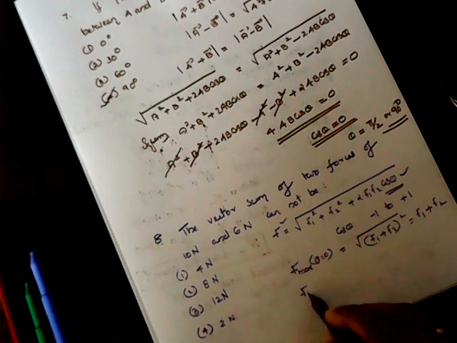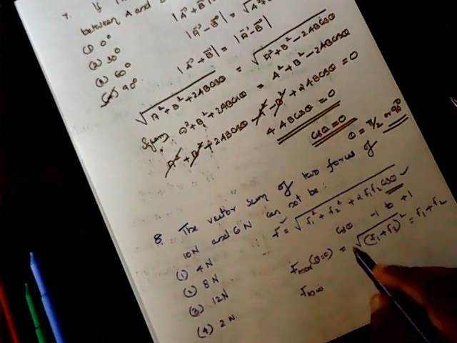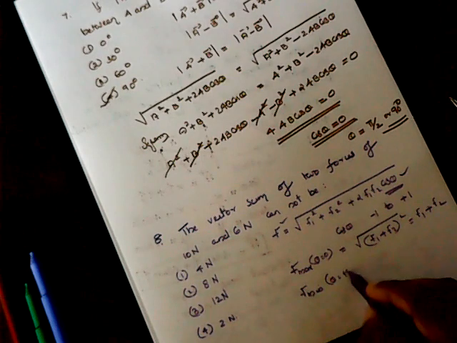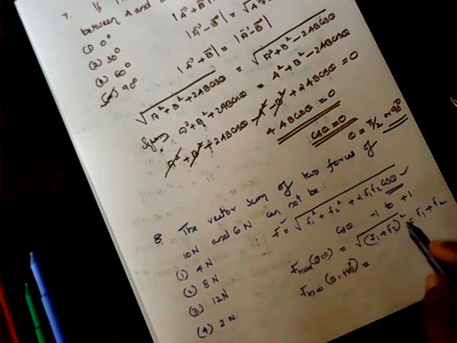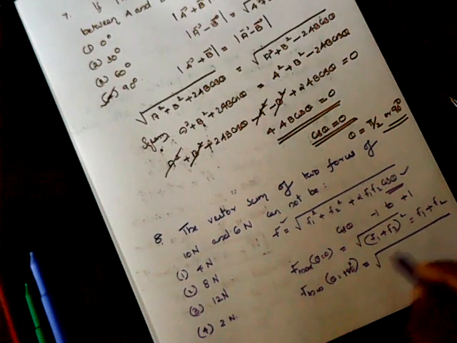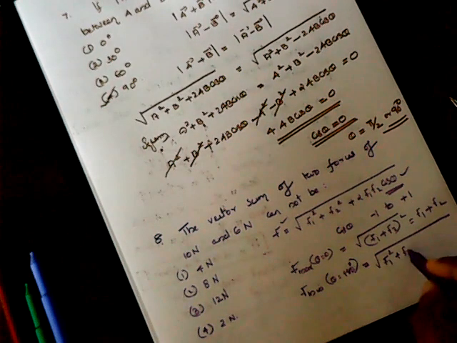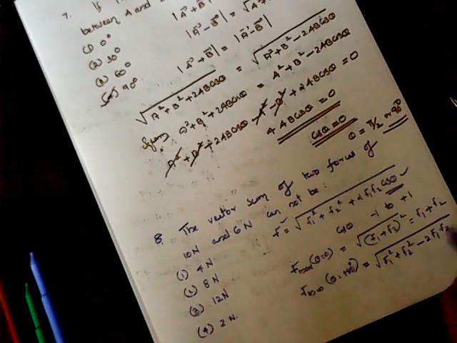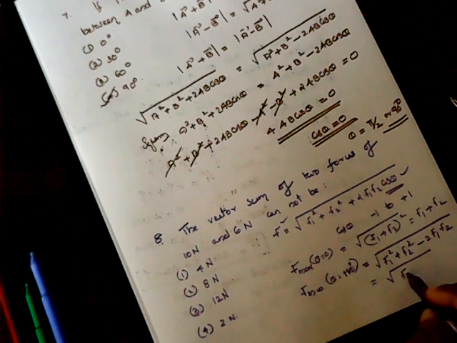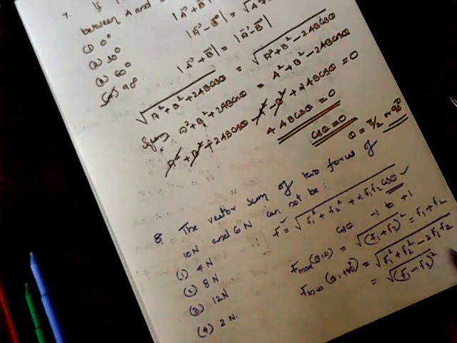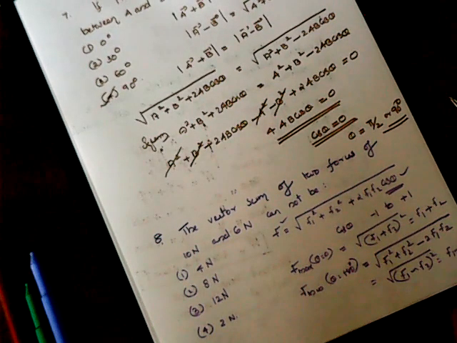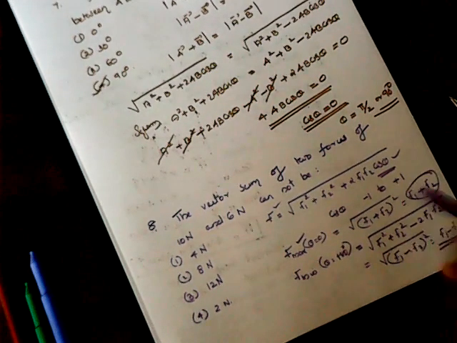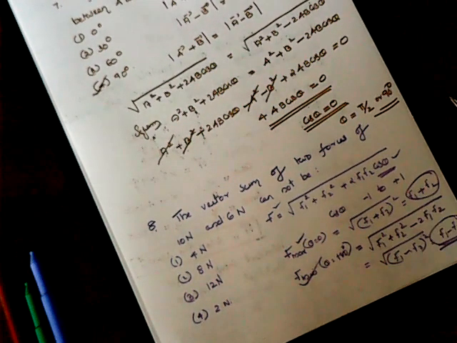It gets the minimum value when cos theta is at its minimum, when theta equals 180 degree. By putting that in, it becomes root of F1 square plus F2 square, and cos 180 becomes minus 1, so minus 2 F1 F2. That is equal to root of (F1 minus F2) the whole square, so equal to F1 minus F2. So we can say the maximum value is F1 plus F2 and the minimum value is F1 minus F2.